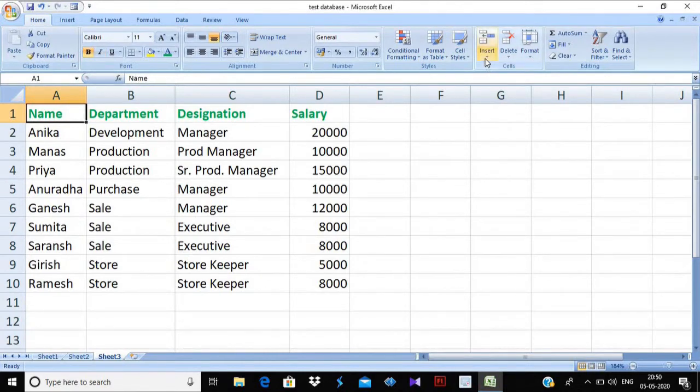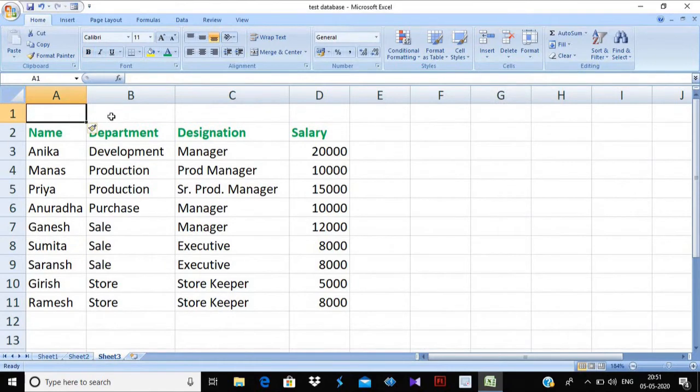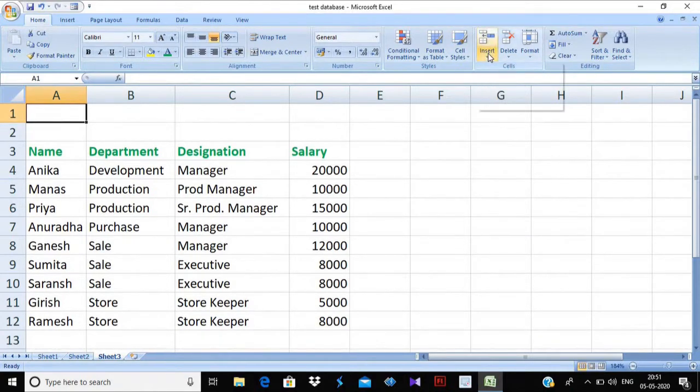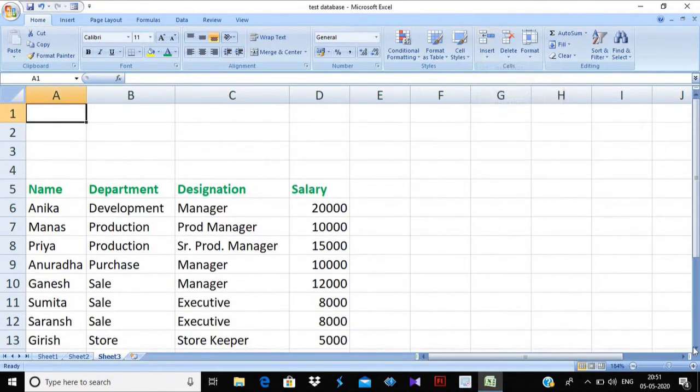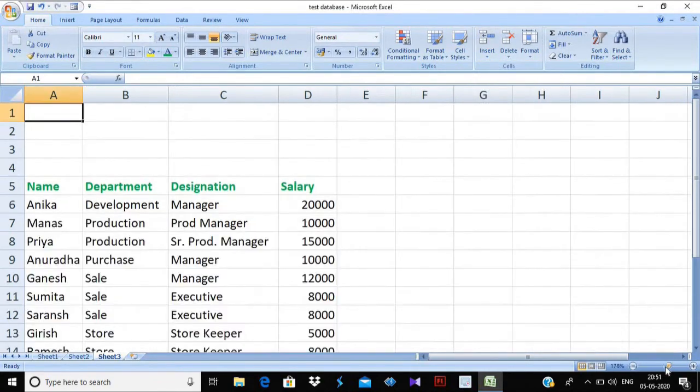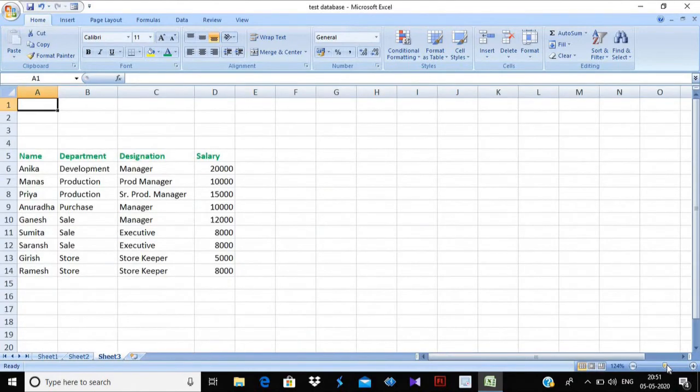In the Home tab there is the Insert option. If I click Insert Sheet Rows, one whole row will be inserted. If I want more than one, suppose I want 4 rows, I select them and insert sheet rows.